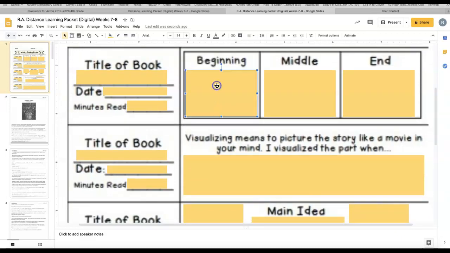Then you simply click on the yellow box, double click inside of it, and I can type. If I need more room, then what I will do is I will go up, and where this little number 14 is, I can change that font size, and I can go down to 9 so that it's smaller and I have more room. Okay, so I'm not going to show you how to fill out your reading page, but